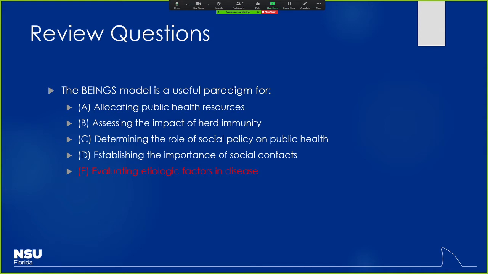So for instance, if I talk about something like smoking, that's more of a behavioral factor, because that's a behavior that someone chooses, at least initially, to participate in, versus if it's a religious practice, that is going to be more from a social slash spiritual standpoint. So be able to identify that based off of the etiological factor, how it relates to the disease, and you figure that out.